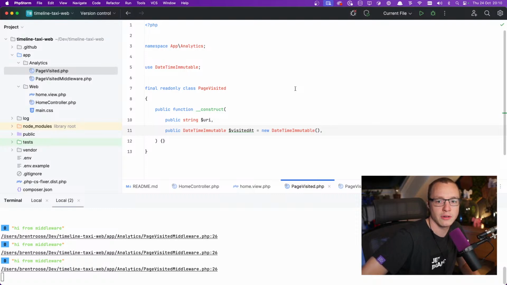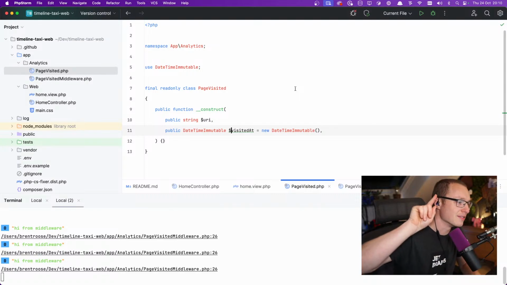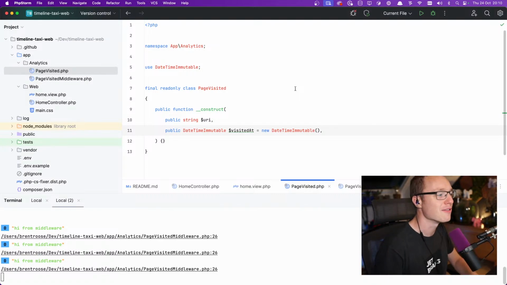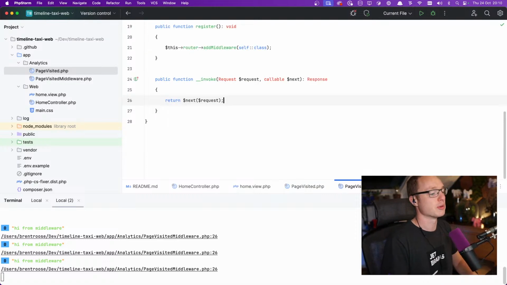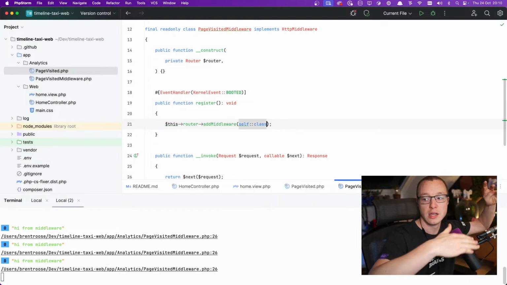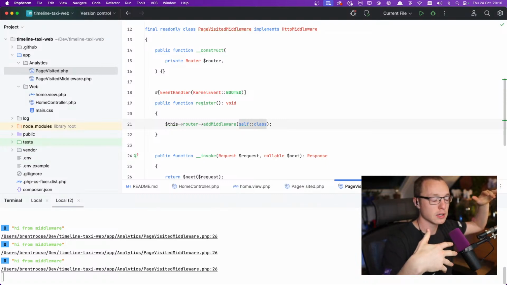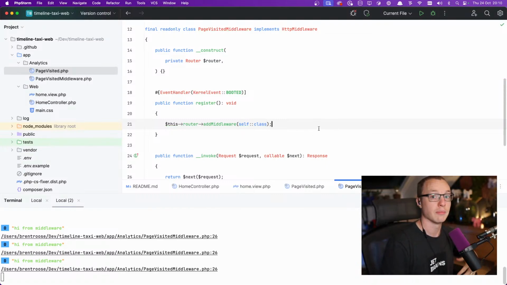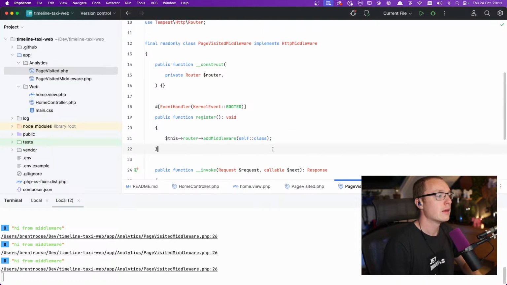Joris on Twitch, how do you control the order of the middlewares? Joris, that's a very good question, and I'm going to ignore that for now. No, it's not possible with what I'm doing here. We actually do want to add a way to determine how middlewares get added from this method here, from add middleware. For right now, it's not possible. What you can do is create a config file and then just provide the array of all middlewares to manually control the order. But in this case, it doesn't really matter when this middleware gets